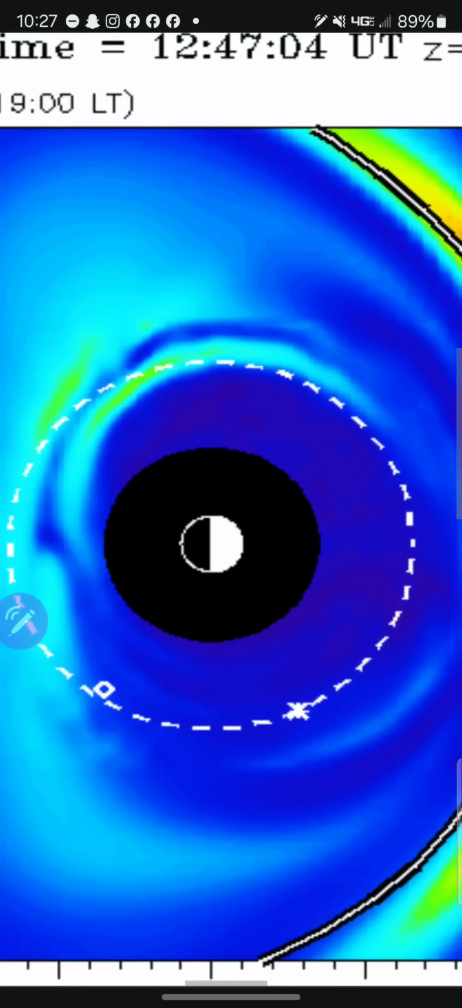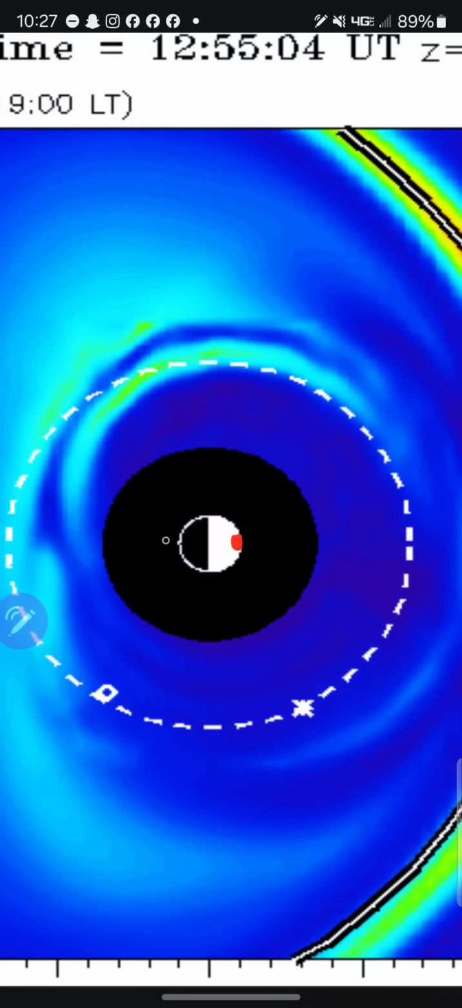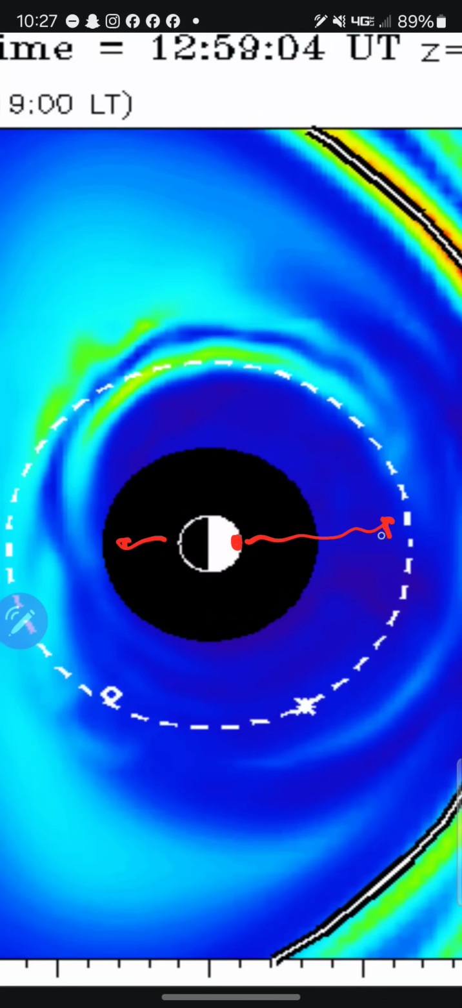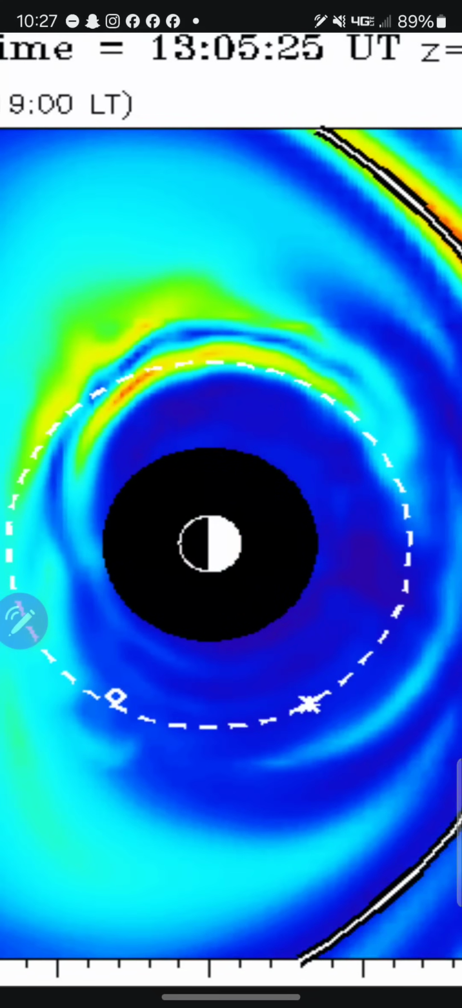Earth is in the middle. The white side is the daytime side. This is the nighttime side. So the sun is over here. That's where the sun is at, over here. So